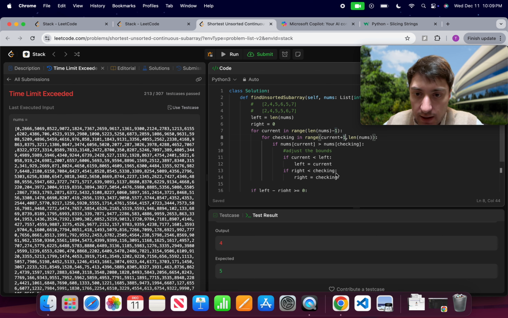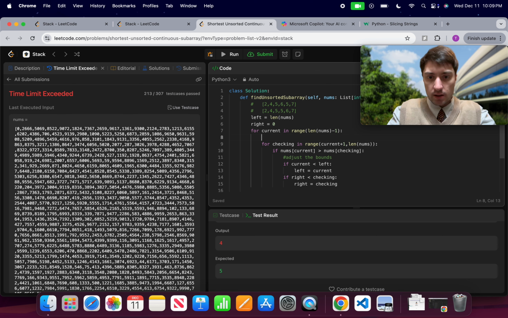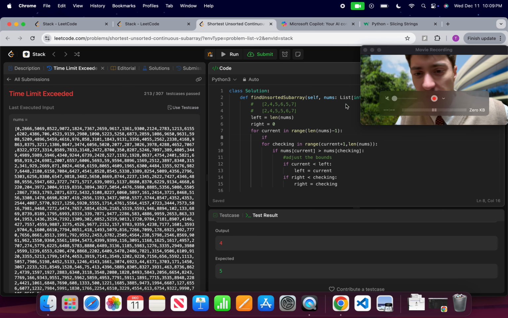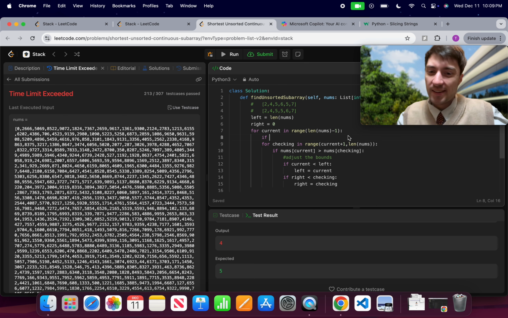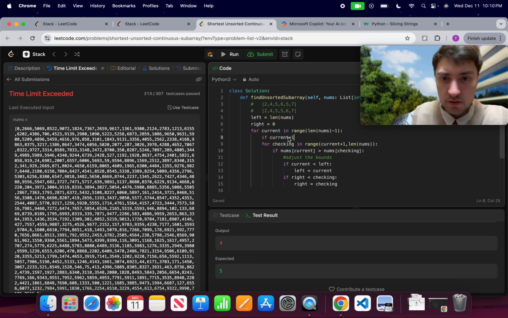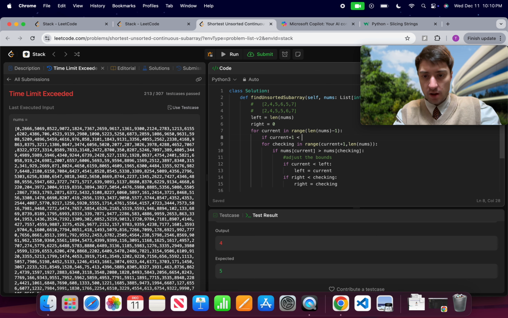So starting at... what I'm thinking about doing is just checking if... what am I even trying to do right now? I'm trying to get it where I either want current plus 1, or... so I just want to take this value. If current plus 1 is smaller than right,